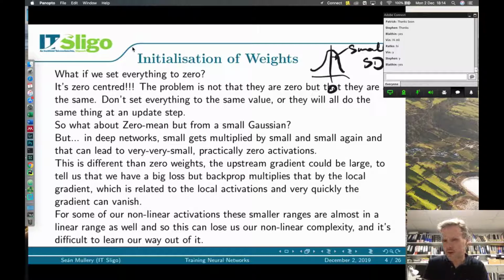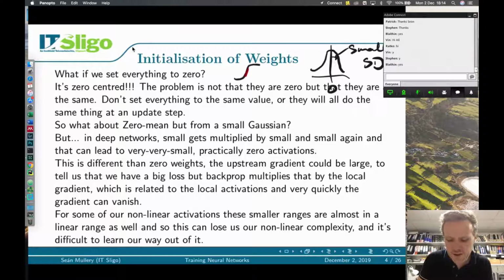And it's because, more or less, as you make the change, because the weights are small, you get a smaller value. For some of our nonlinear activations, these small ranges are almost in the linear range as well. So if you take a sigmoid, which goes, well, I'll draw it a bit better than that. It kind of goes up and down like that. This section here in the middle is quite linear, and so if you only have a very small range over that, you're not getting much of a non-linearity in there in order to make the